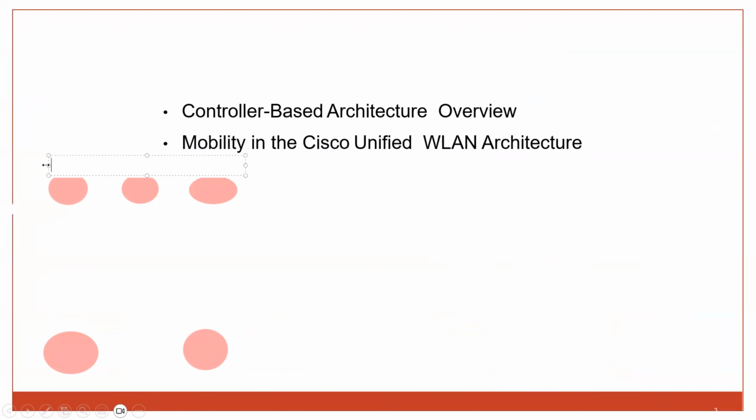So suppose you have vSmart, vBond, vManage. They are the controllers. This is for control plane. This is for orchestration. This is for management. And suppose you have VH1, VH2. So you will find that in SD-WAN terms, the tunnel between the VH to VH is an IPsec tunnel,